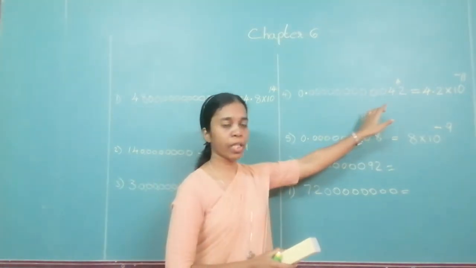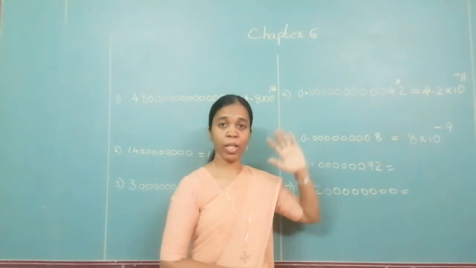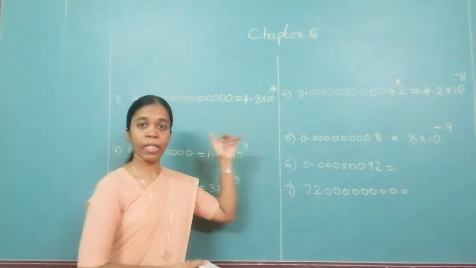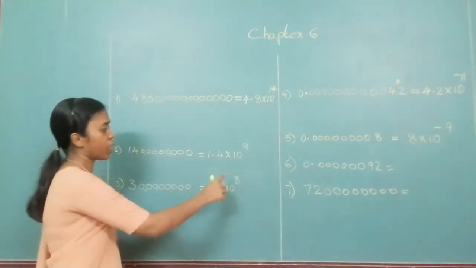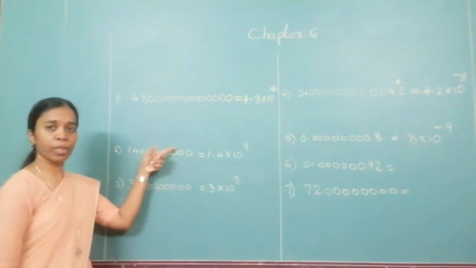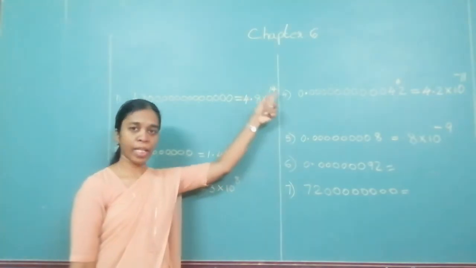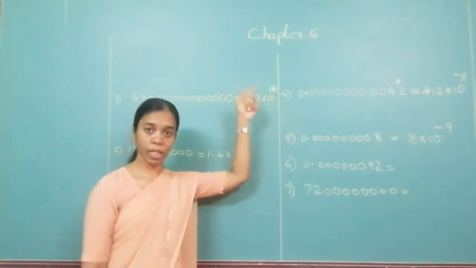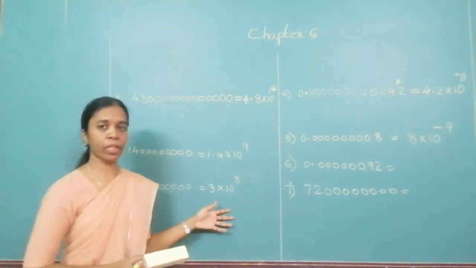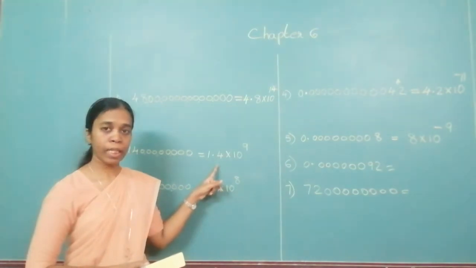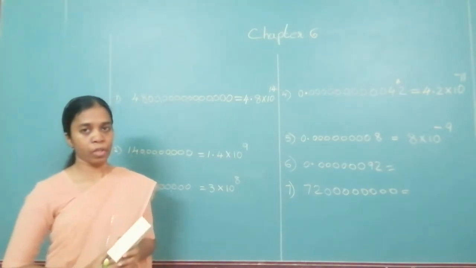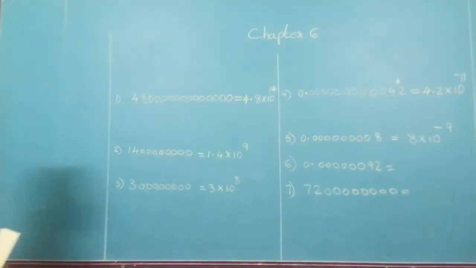And what does this indicate? If the index is negative, it tells you that the number is that small. And if the index is positive, it tells you that the number is that big. As you can see here, it is 10 raised to 9. This is 10 raised to 14. So which is the biggest number? As the power of 10 increases, the bigger is the number. Okay. This is how we write it in the standard form. One integer, after one integer we put the decimal, and for the rest everything we put the power of 10. Okay. Please complete your homework.